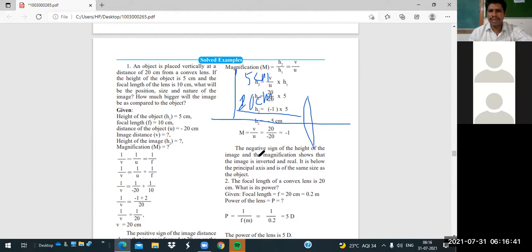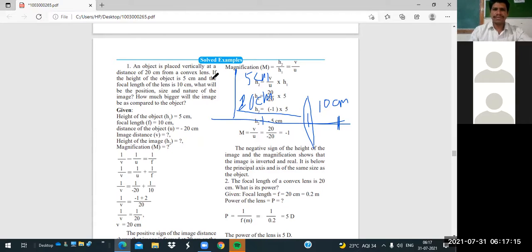And the focal length of the lens. So what is the focal length? You will tell me. Focal length is the distance between the optical center and the principal focus. So the distance between this optical center O and, suppose here, the principal focus, how much is it? 10 centimeter. So it's a convex lens. See this? This lens is a convex lens. Due to that reason, we will get the principal focus here. So it is 10 centimeter.